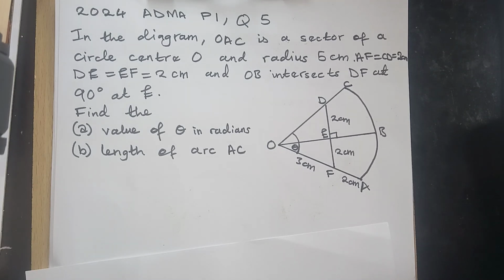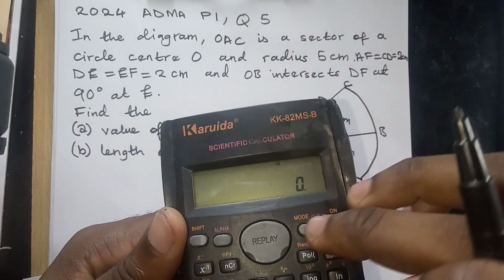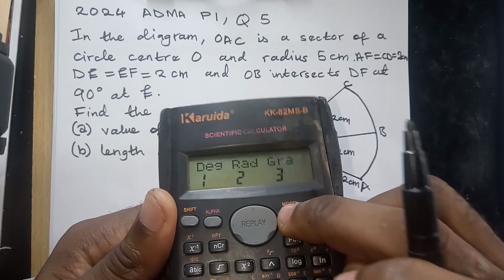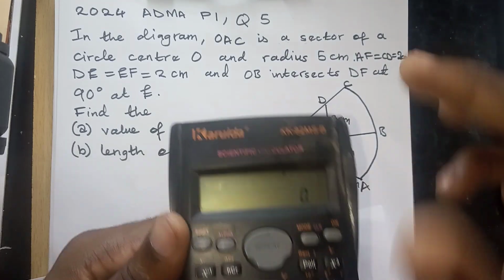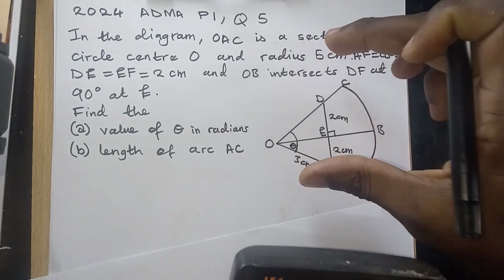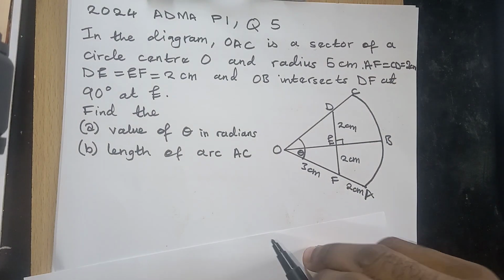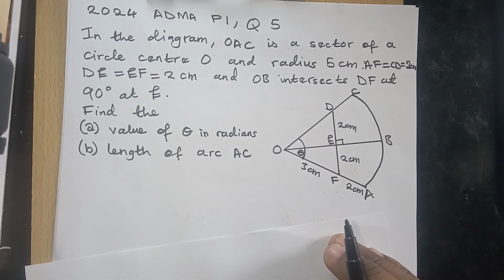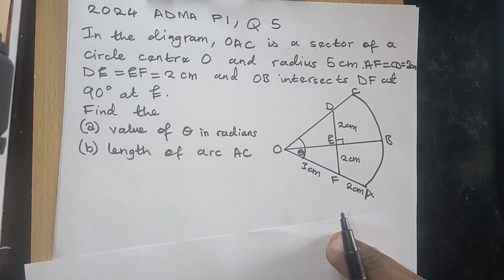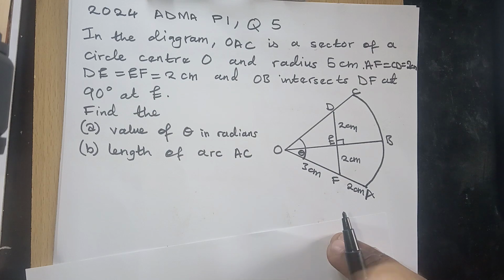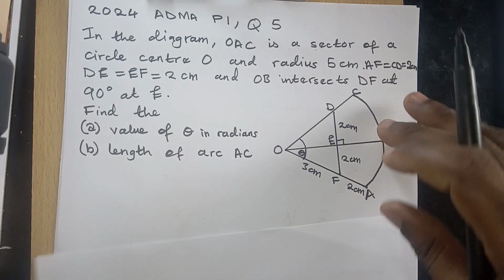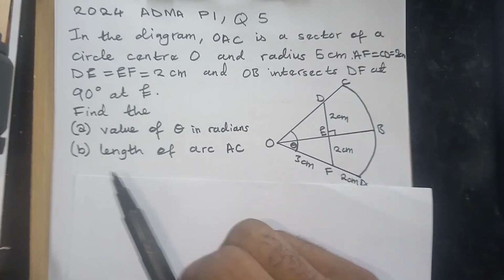2024 ADMA paper 1 question 5. So every time you have a question like this, change your mode to radians, because everything that has to do with this question will always be in radians, unless they have decided to use degrees, which of course will be required to convert to radians. So in the diagram,